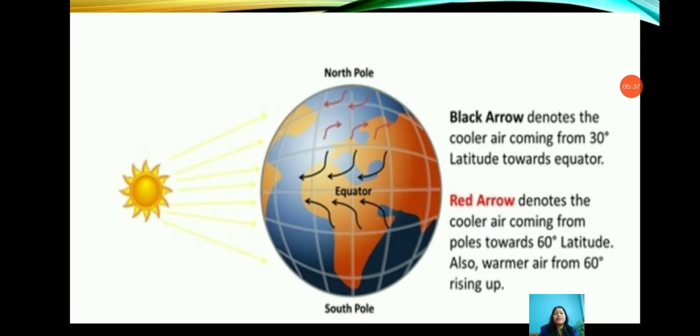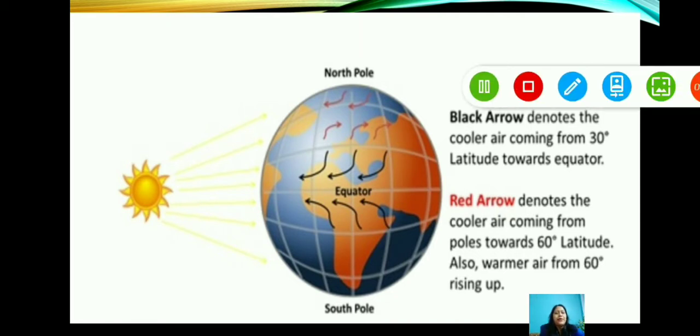Now please look at this slide, students. Here in this slide you can see in the picture it is very clearly marked: the equator, the south pole and north pole, and the sun is giving away its light. The light is directly falling over the equator, and then the sun rays fall in a slanting manner at the north and south pole. So the black arrows,